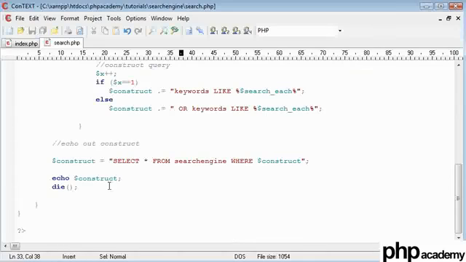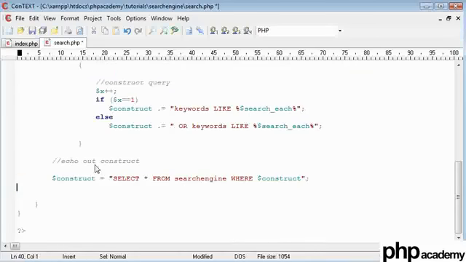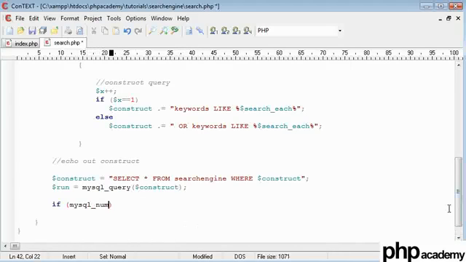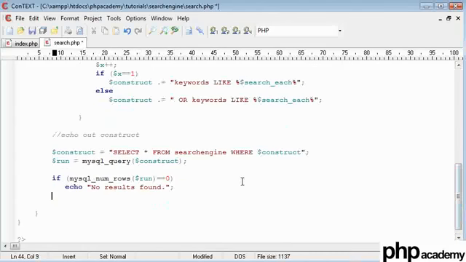So now that we've done this, we can actually run our query. So I'm going to create a new variable here called run, and that's going to be MySQL query construct. So we've run our query, and then we're going to use the MySQL num rows function on our run, our query here that we've run. And we're going to say if that equals nothing, then we're going to say no results found. Okay, and then what we're going to do is we're going to say else